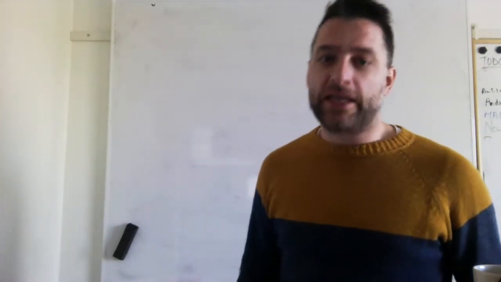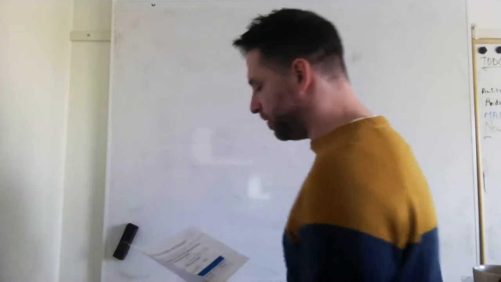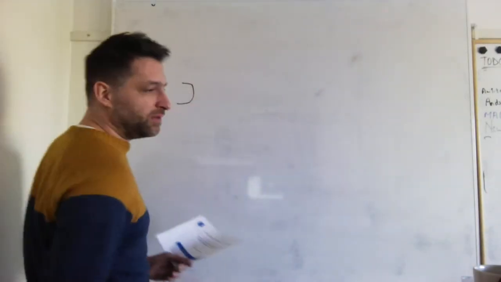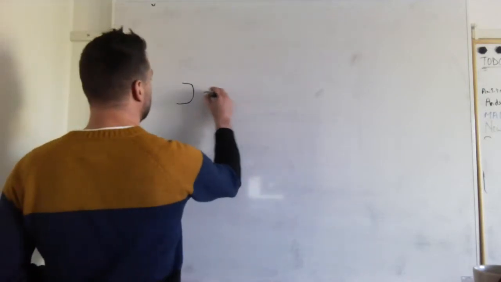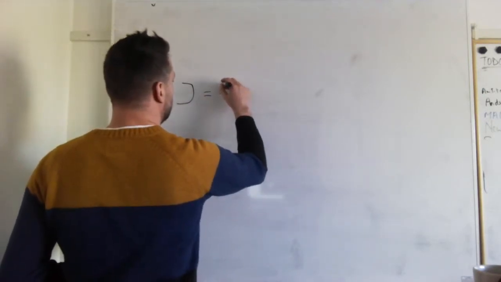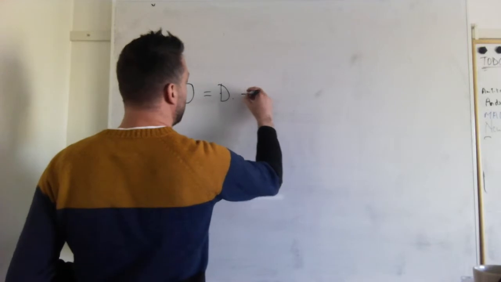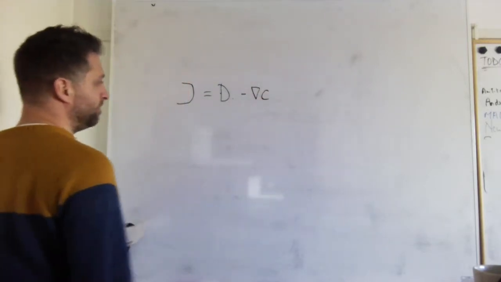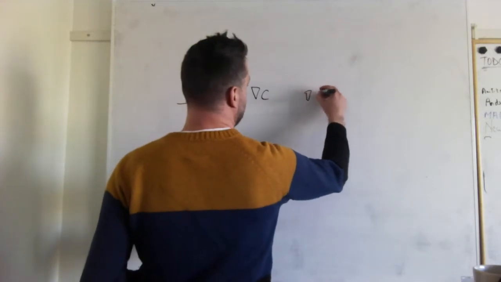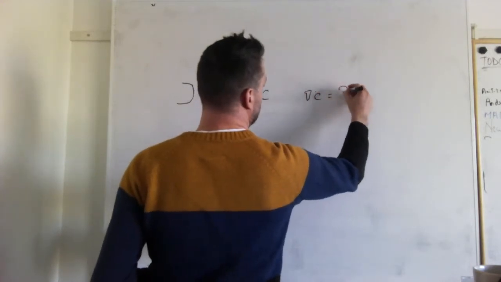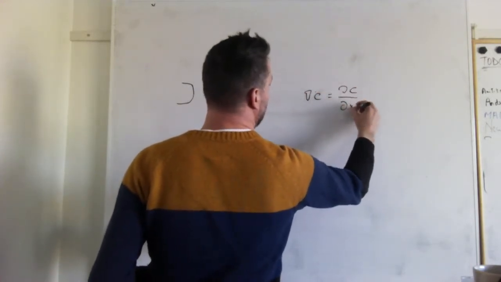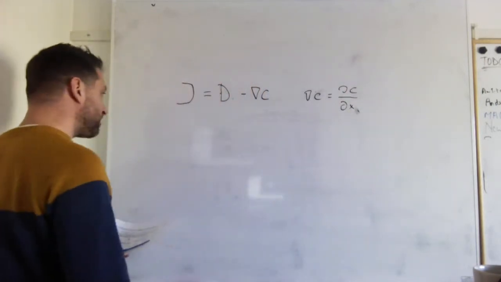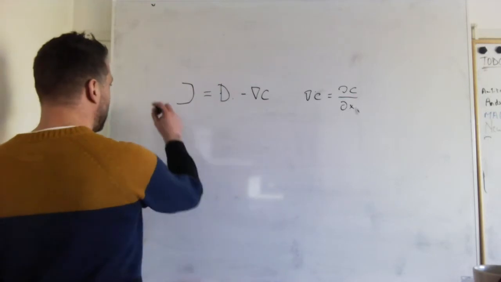Diffusion can formally be described mathematically with two formulas. One is the diffusive flux J, which equals the diffusivity constant times minus the concentration gradient. So the gradient, of course, is ∂C/∂x_i in the different directions, or in a certain direction x. And this is the first